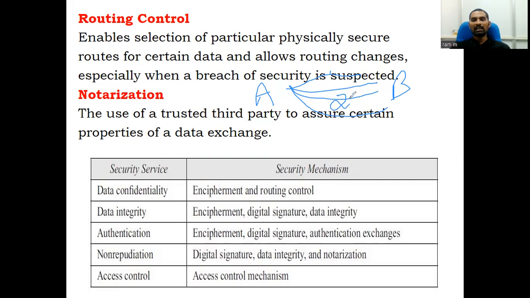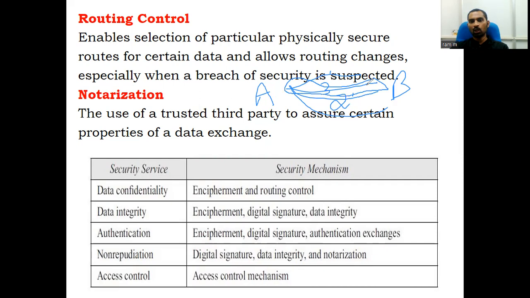Now, what will they do? They will not go for the 2 kilometer route. Consider this one requires 3 kilometers, but it is a very secure route for the Chief Minister to travel from A to B. They will choose this route. Why? Because even though it takes 1 kilometer extra, it is a secure and safe route.